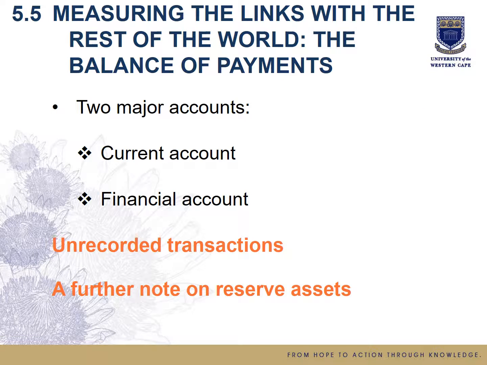Now let's turn to the fourth macroeconomic objective of balance of payments stability. The balance of payments refers to a record of all transactions of a country with the rest of the world. The balance of payments is composed of two major accounts, namely the current account and the financial account. The current account keeps a record of all sales and purchases of goods and services with the rest of the world, as well as the primary income receipts and payments. Likewise, the financial account keeps records of all purely financial flows in and out of the country.